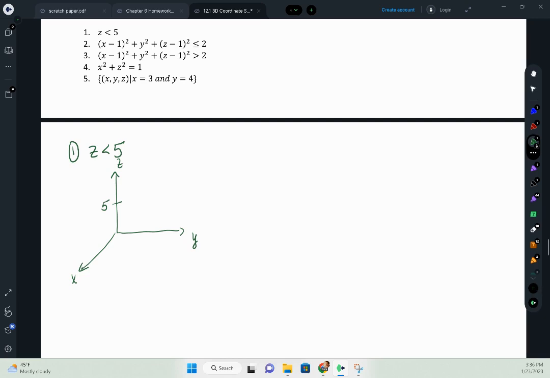Now, if we want to describe what Z is less than 5 is, then we're not actually going to include Z equals 5. We just want all the space in the world that is below 5. That's what Z less than 5 means. So we would call it a half space region below the horizontal plane